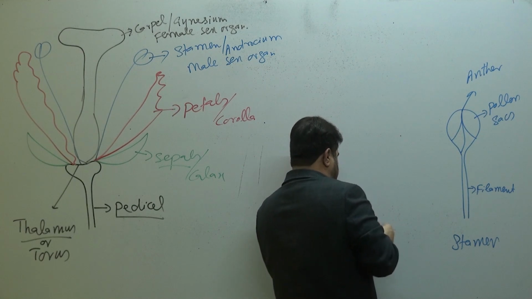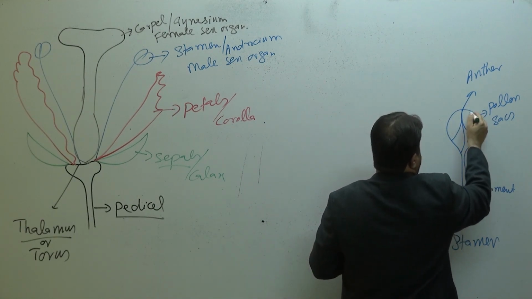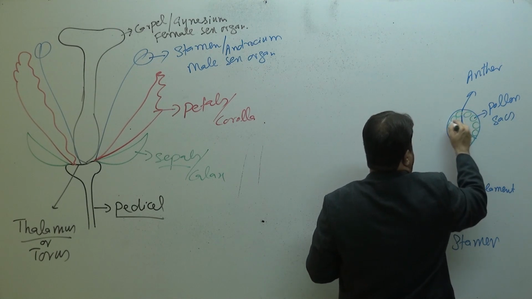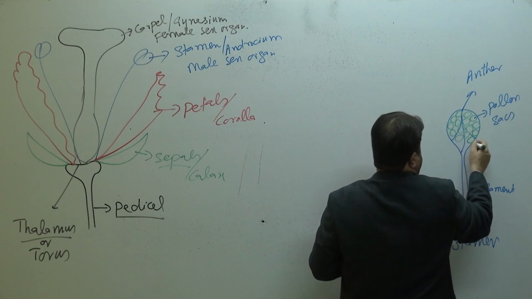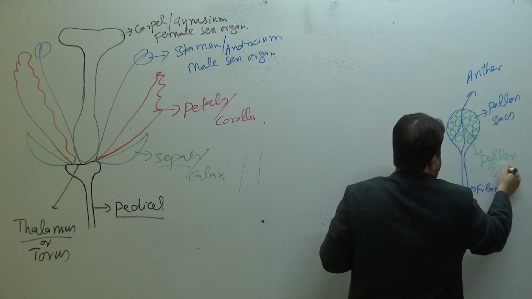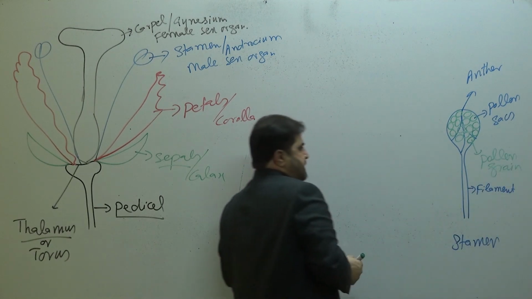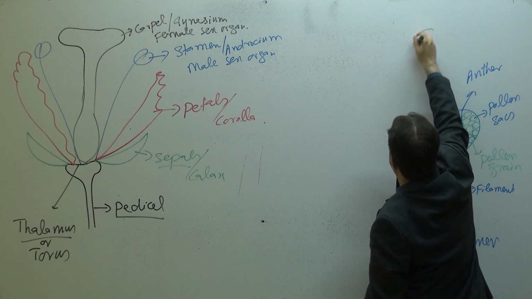Why are they called pollen sacs or pollen bags? Because of the presence of pollen grains. So pollen grains are produced here. So these are the pollen grains, and they are considered to be male sex cells. If we observe the pollen grain,